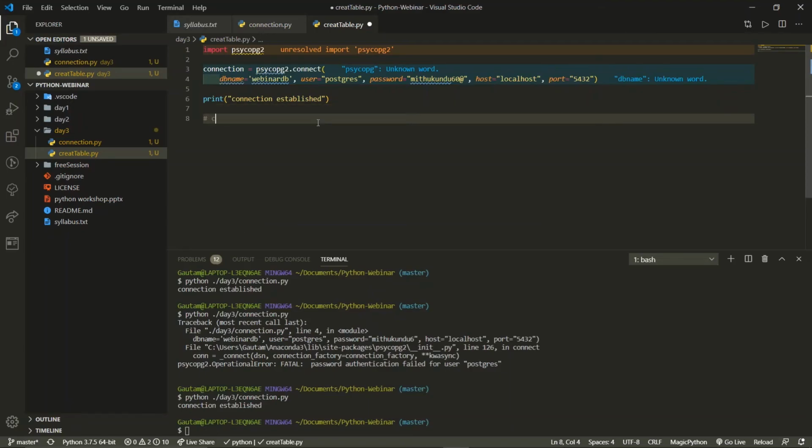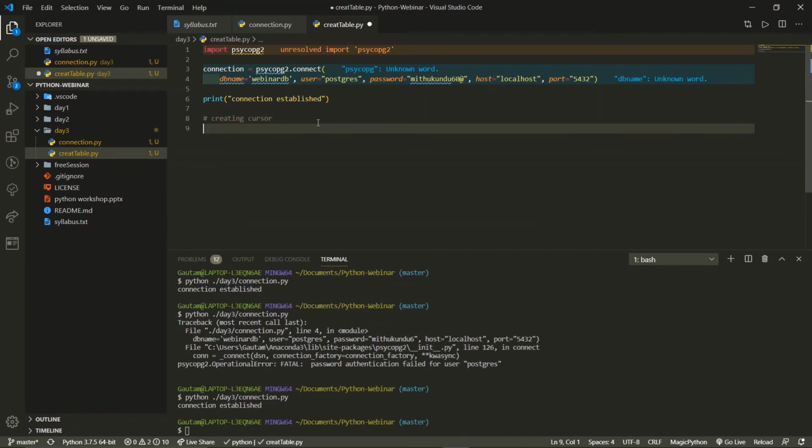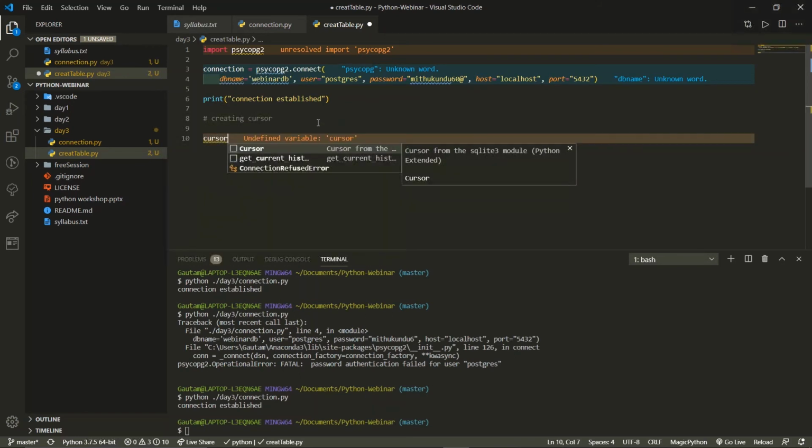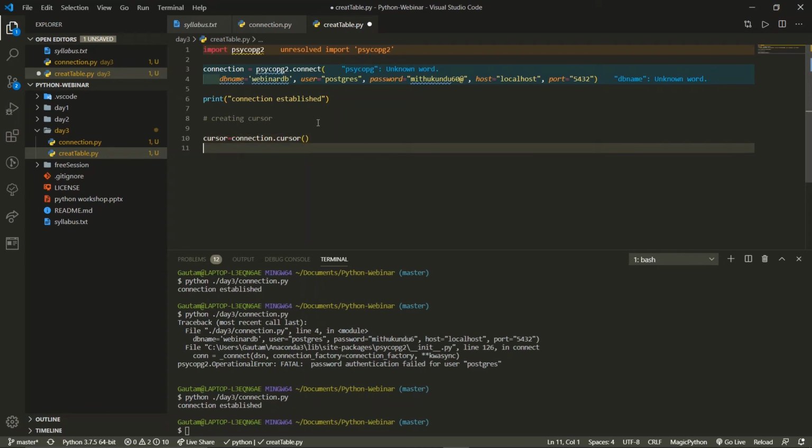So we'll write a comment, creating cursor, and then we'll create a cursor. Let us name it cursor only. Cursor equals connection dot cursor, and it's a function, so we write it as a function. That's it. We have created our cursor successfully, and now we need to execute our command through this cursor.